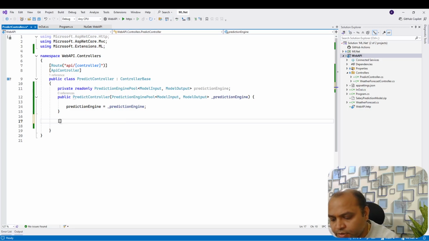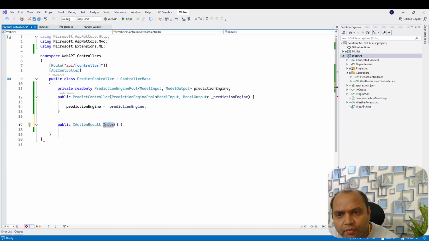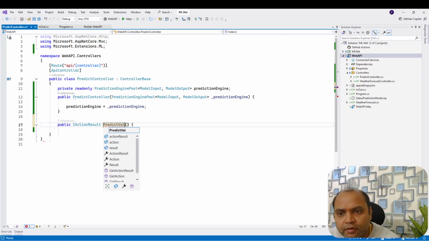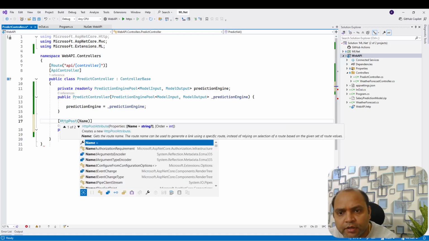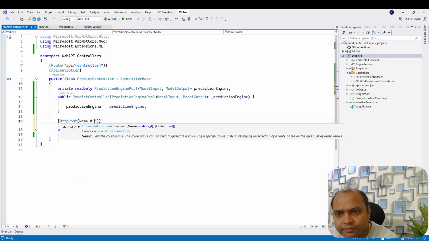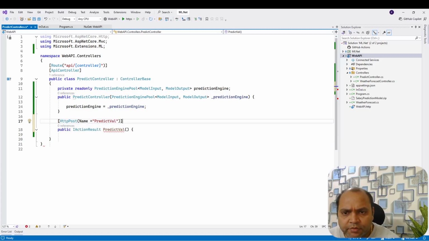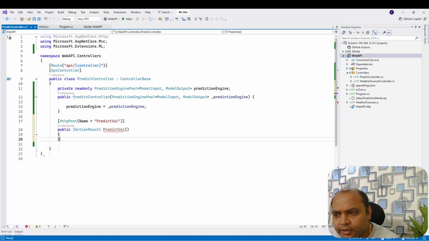Let's say HTTP post. Let's try it out with HTTP post. Public action predict val. Here we can say HTTP post, and then probably you can provide the name predict val, whatever, it's up to you. Add the action here,